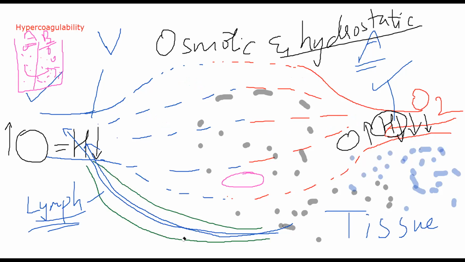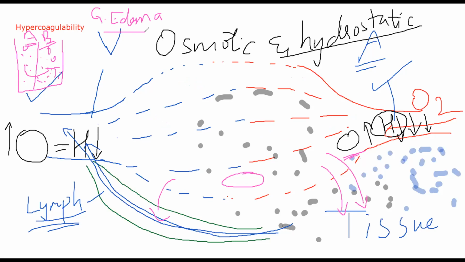Because of this, what happens? Osmotic pressure is not able to be maintained. So what happens? More and more fluid will start moving out of your blood vessels. This will create a condition called generalized edema, to an extent that it will be present all over your body and it will lead to a condition called anasarca. Anasarca is when the whole body becomes puffy. Okay?